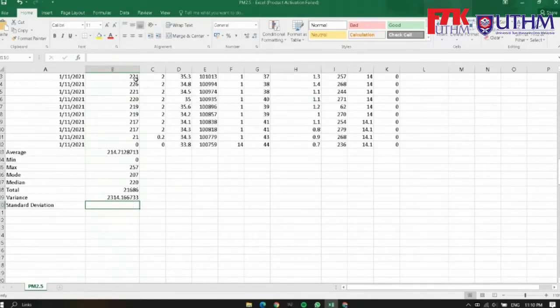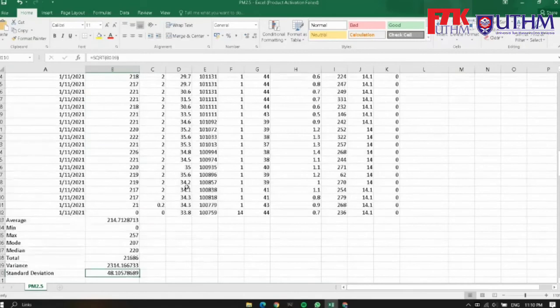So this is an easy method to calculate standard deviation. The formula is equals capital letters SQRT in brackets and select the value of variance, and press enter. And that's your value of standard deviation.